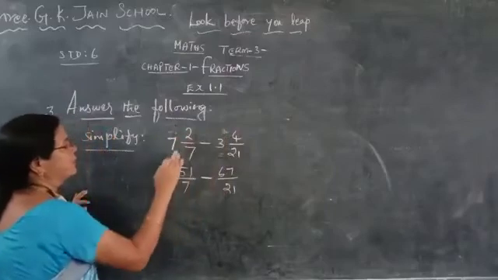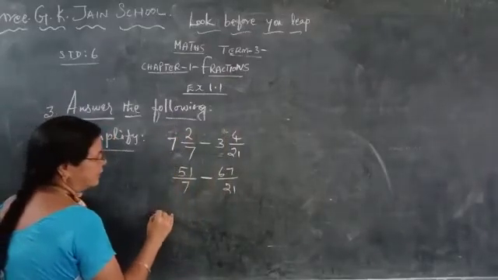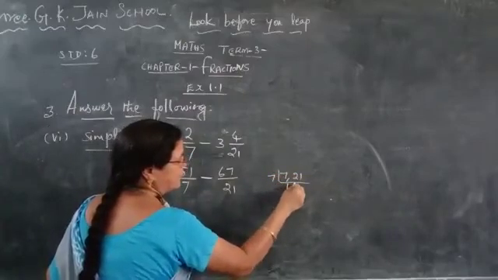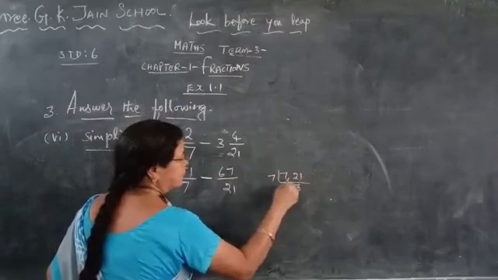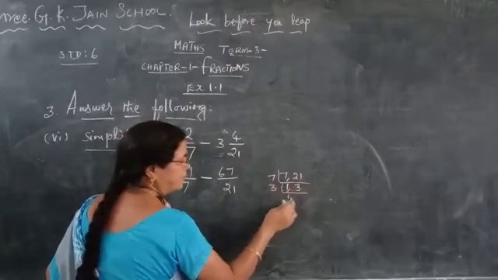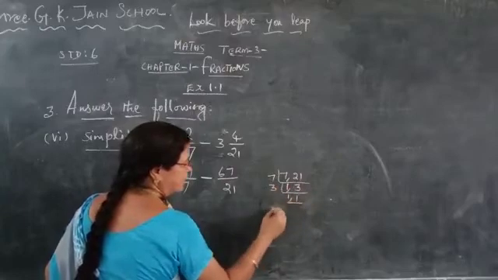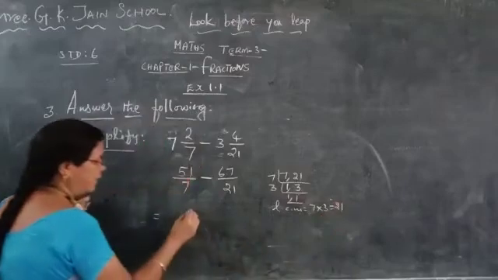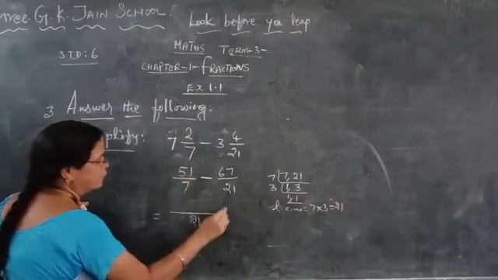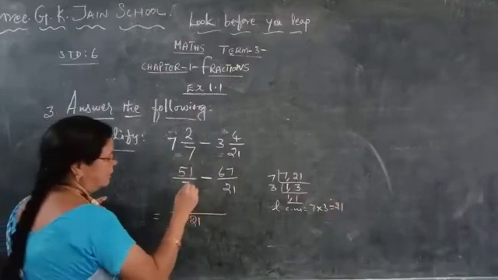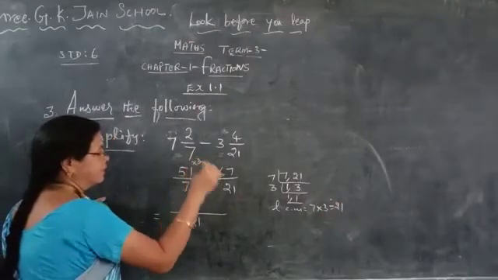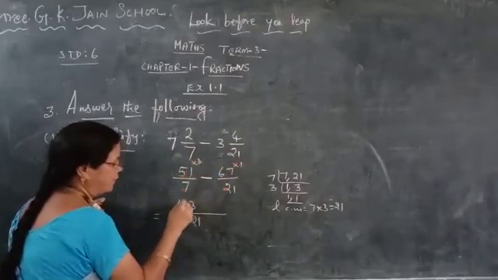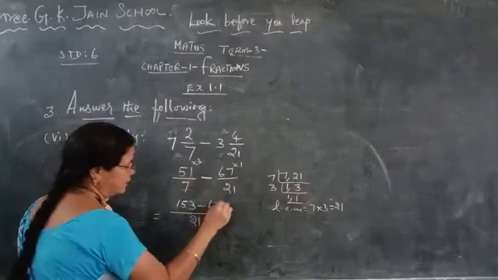Okay, by 21. Then you will get here 7 comma 21. Take the LCM by L division. 7 table, 1 time. 7 ones are 7. 7 threes are 21. Again in 3 table, 1 time. Keep it as it is. 3 ones are 3. So your LCM is nothing but 7 threes are 21. Isn't it? Now in 21 table how many times will it go? See here, in 7 table 3 times. But in 21 table, 21 how many times? 1 time.